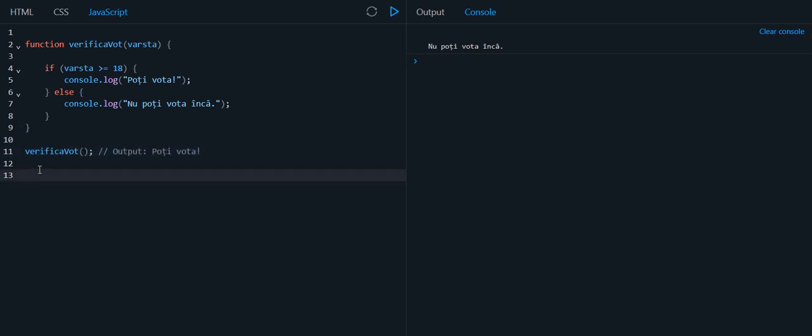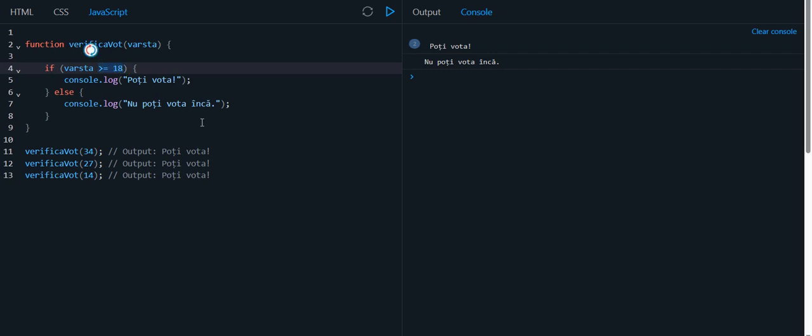After this I can add as many values as I want, an argument here, another argument here, and I run. Twice you can vote, once you cannot vote yet because you are under 18, no? Okay,